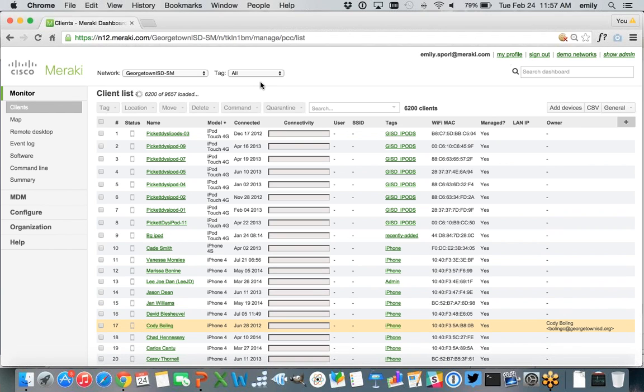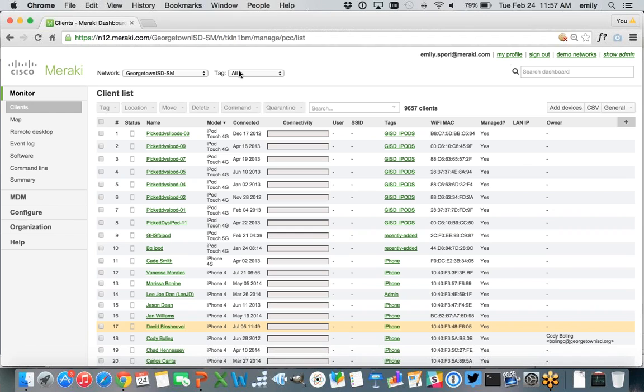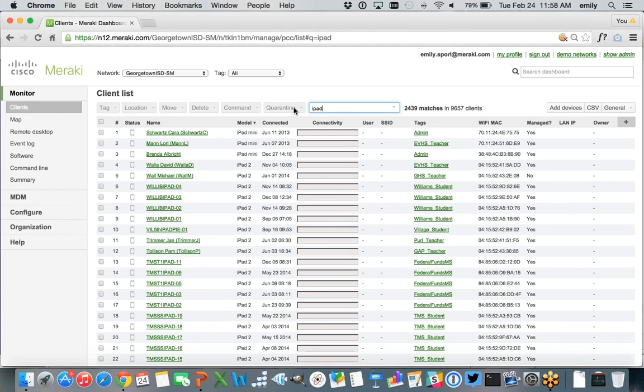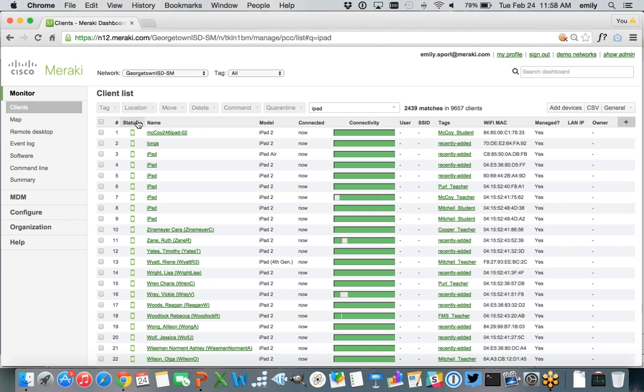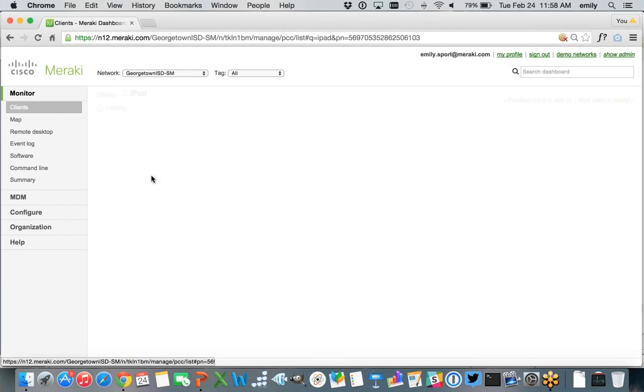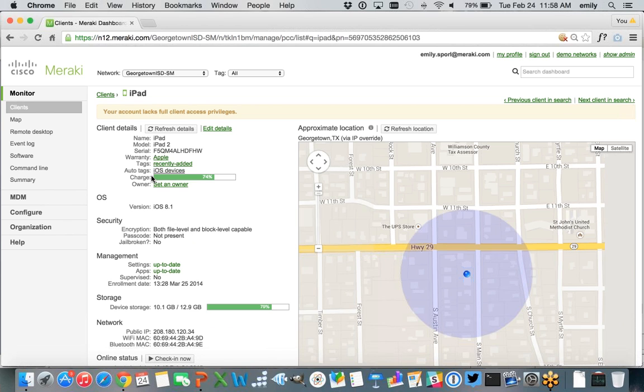Basically, you can see we can jump to it straight away from looking at switches to looking at access points to looking at Systems Manager. And again, this is for iOS, Androids, Macs, and PCs, and you have a lot of the same search functionality, so you can easily see if you have devices that are online or not, like iPads that are online. If you click into any of these devices, you're going to get a lot more granular information.